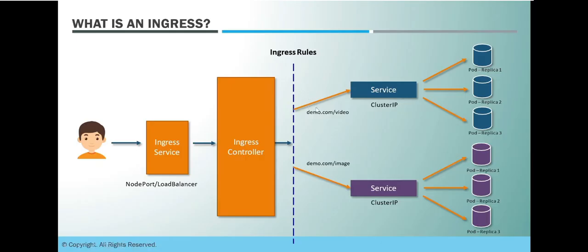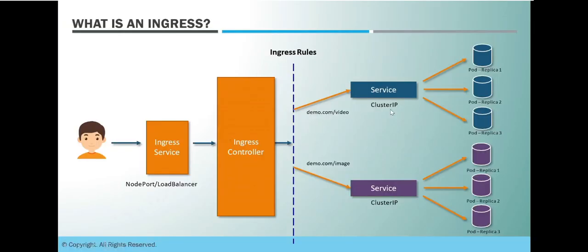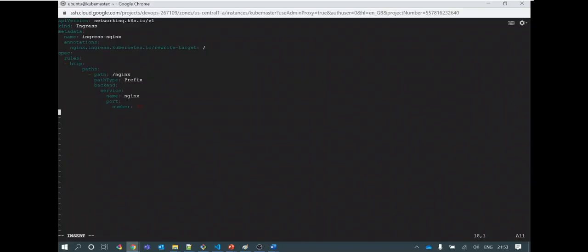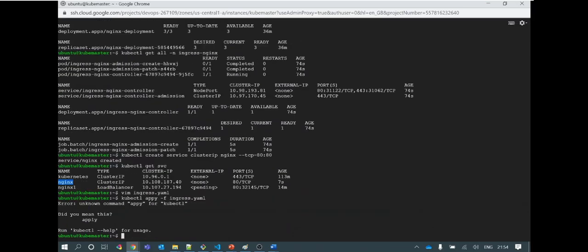If we go by this example, here I need to give this service name, blue service in video and purple service in image. So this is how we define it. Because I'm using Nginx here, the reason is my cluster IP's name is Nginx, right? And the port it is using is 80. So this is my ingress definition, and let's create it using kubectl apply -f ingress.yml. You see the service cluster IP that this ingress needs to point to is Nginx. The same I have used.